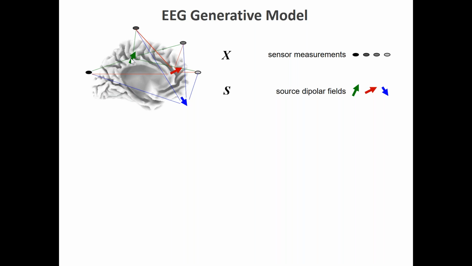For example, the green dipole will affect all the electrodes, you see, and that's why all the data at different electrodes are correlated, because every electrode holds some information of different generators. So there is something in common in the data of all the electrodes, and that's why they are very correlated. So we say that we have some sensor measurements, our data, what we observe from EEG, but there are some latent sources S that we do not know at all, and what we want to do is to estimate those sources given the data.